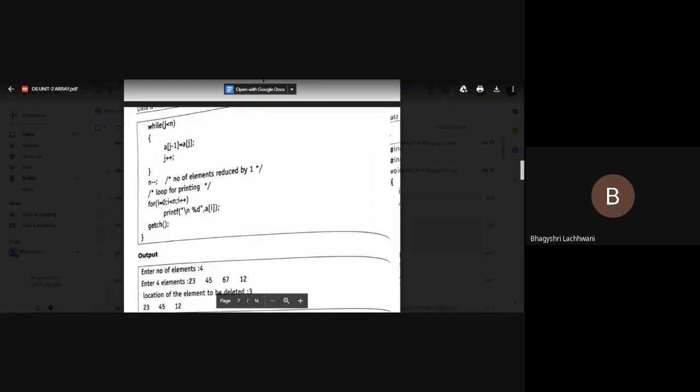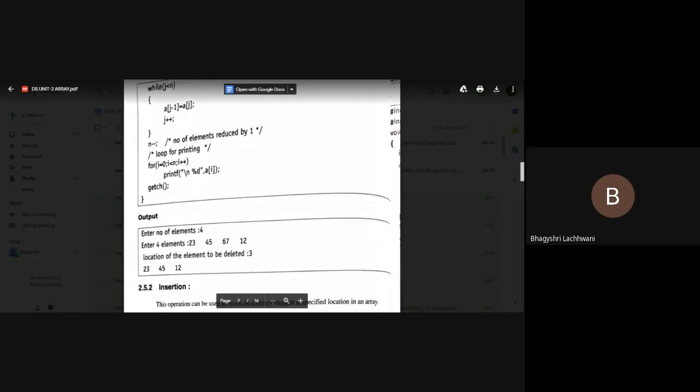This is already done, the updated value, but now it is updated in the memory. You have to show the result to the user as well. That means you have to again use the for loop from the programming point of view. So again you will use the for loop for i equals 0, i less than n. This is just for the printing purpose, to give your result to the user that this is the final updated array after deletion of a particular element. So we will simply use the for loop for i equals 0, i less than n, and i plus plus, and printf %d of a of i. getch is for holding the screen.